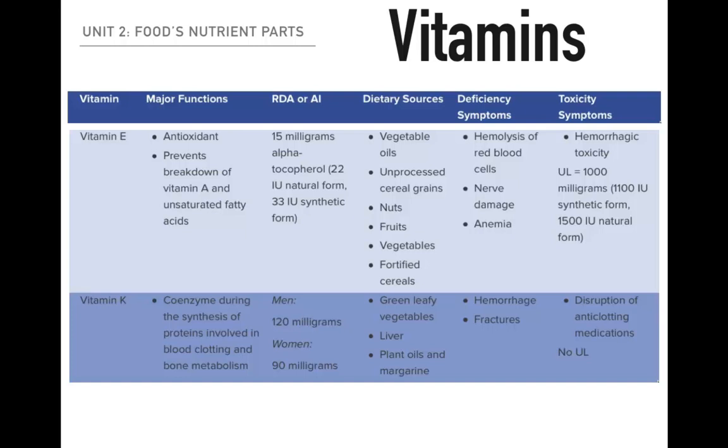Vitamin E is best known for its antioxidant capacities. It was originally discovered as a substance in vegetable oils that was necessary for reproduction in rats, and it turned out humans needed it too. Virtually every tissue has some vitamin E in it, and it provides protections within every single cell membrane, largely against oxidative stress. Then we have vitamin K.